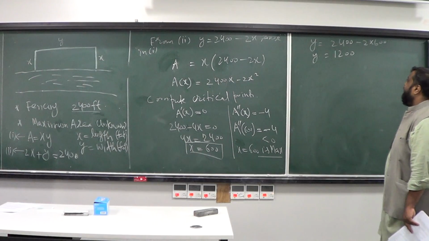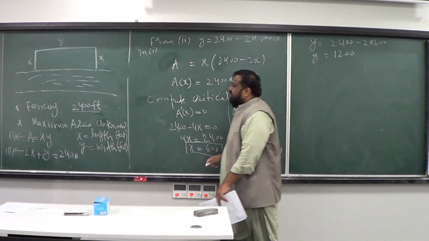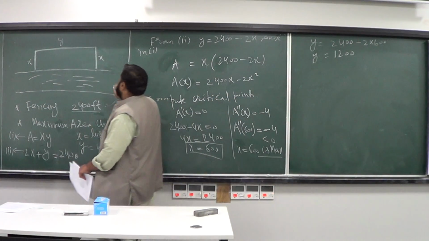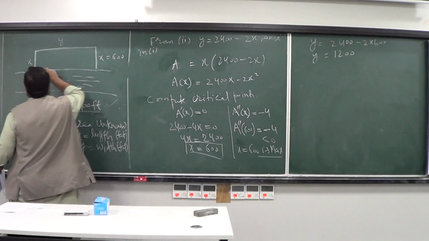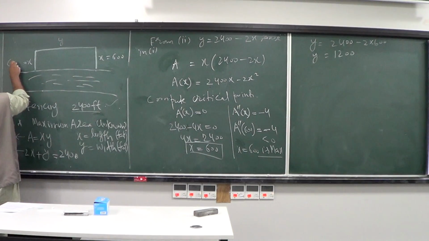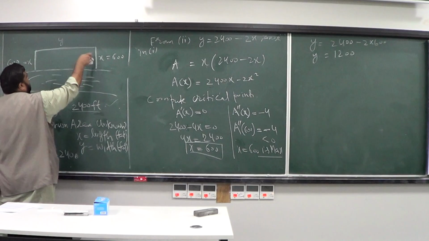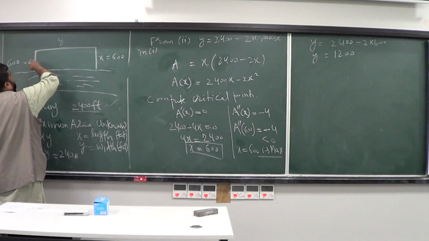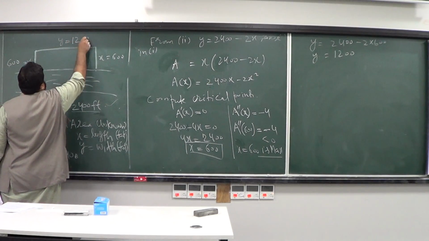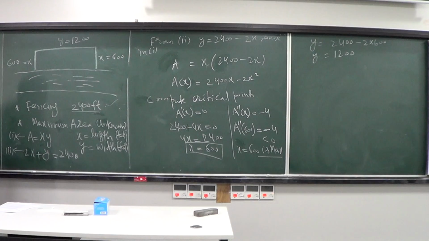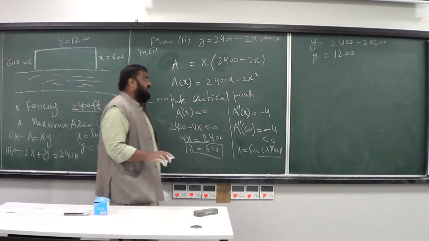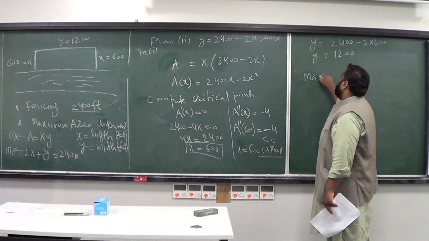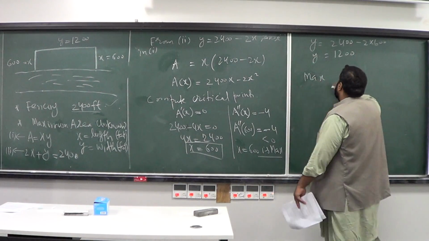So through this available fencing, you can make a rectangular region whose dimensions are 600 and 1200. In other words, use 600 feet of fencing here, 600 feet of fencing here, and 1200 feet of fencing here, and the maximum area that you can get out of this available fencing